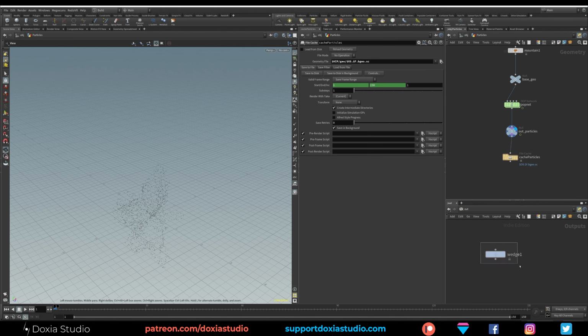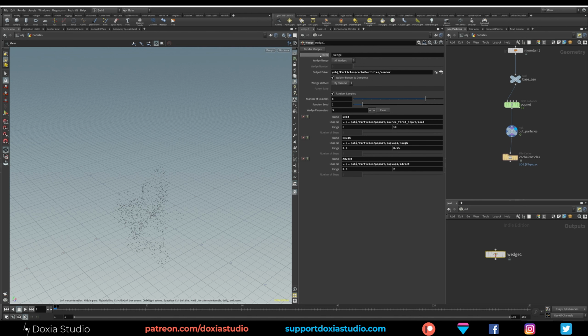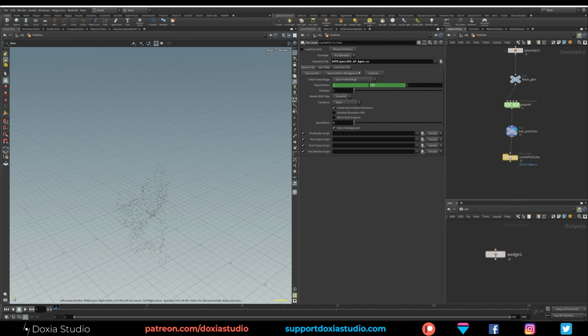But we need to do one thing before we press render, because if we don't change this geometry file name, it will always write the new file cache over the previous ones. So we need to add a little parameter here called $wedge.